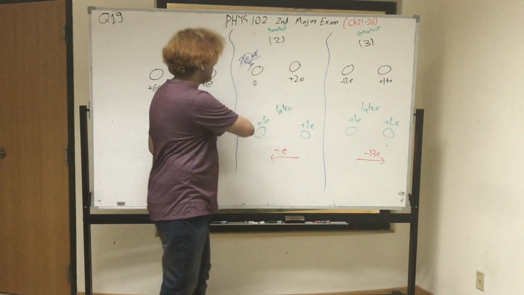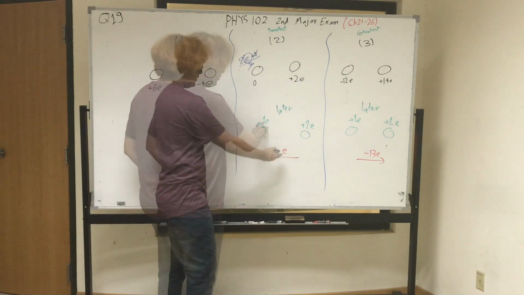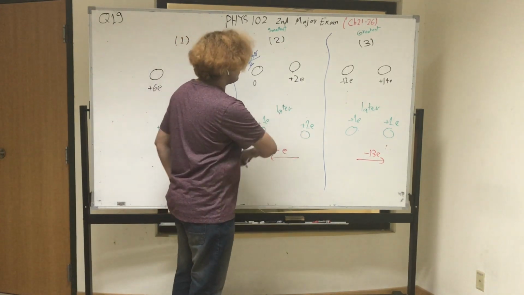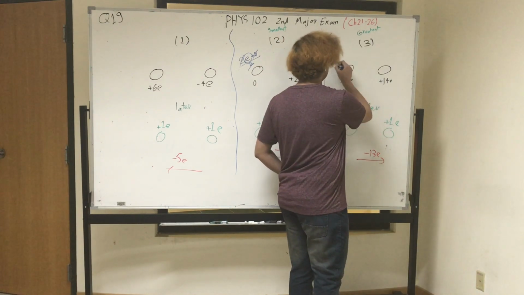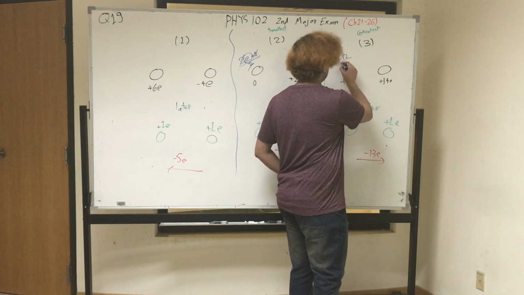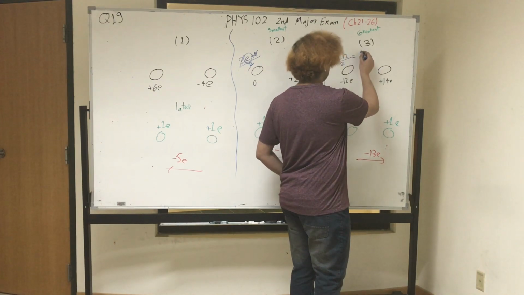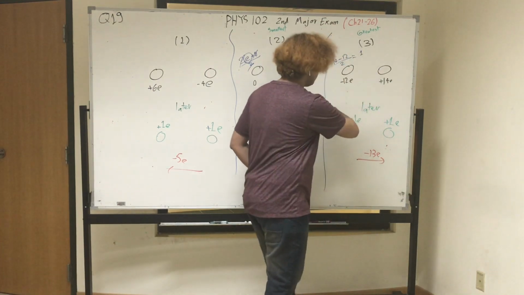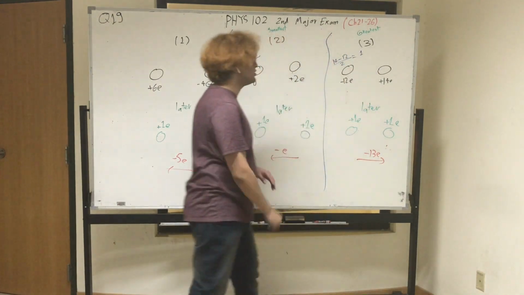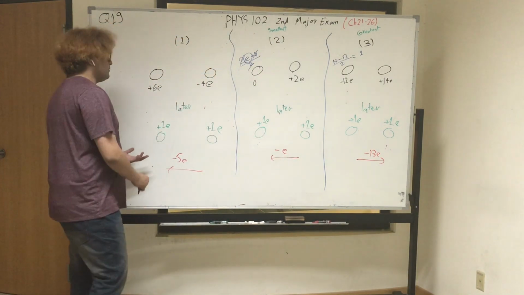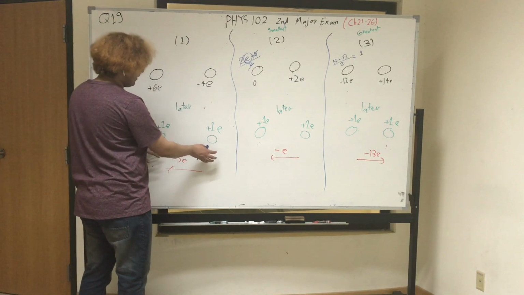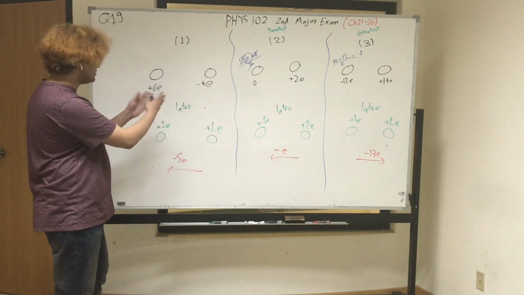That's going to be your average, and positive 1e over here and positive 1e over there. And here again, take the average, 14 negative 12 over 2. That's going to be equal to 1. So 1 is basically the charge on each of the balls. Okay, so once we take a look at this final stage after we let them touch and then separate them,